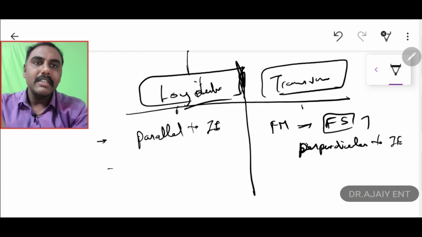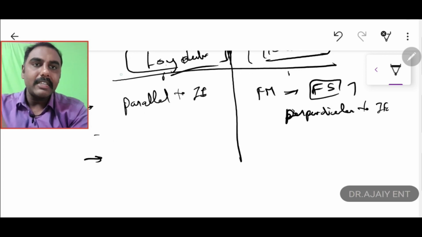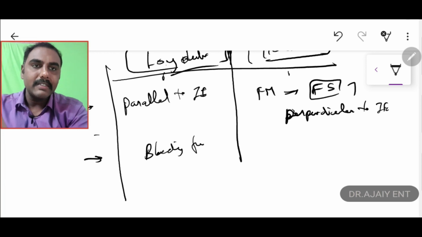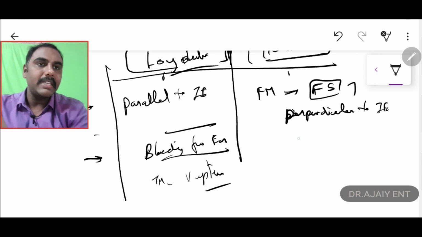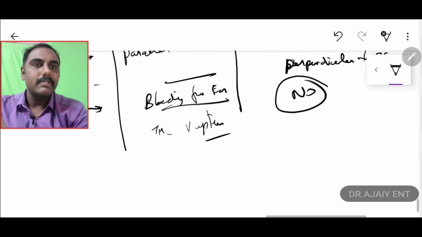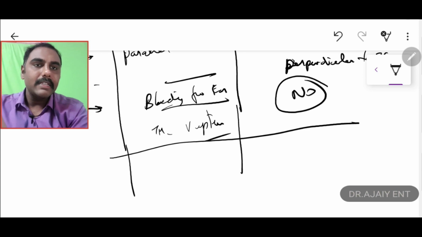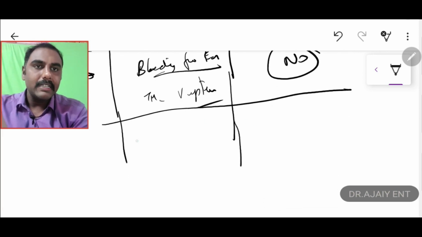Perpendicular to the inner ear. So what will be the chief presenting complaint here in the longitudinal fracture? The chief presenting complaint will be bleeding from the ear. Bleeding from the ear. Okay, the tympanic membrane may be ruptured. But here there will be no bleeding. And the next main complaint, the patient's hearing: it will be a conductive hearing loss here,